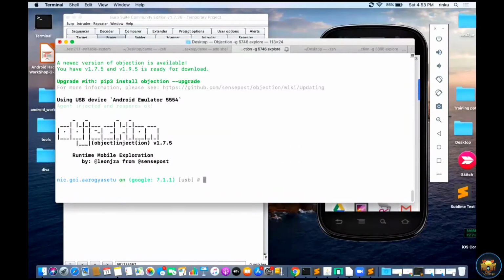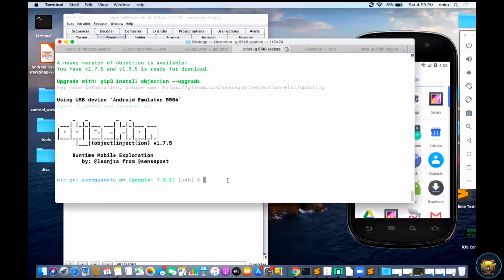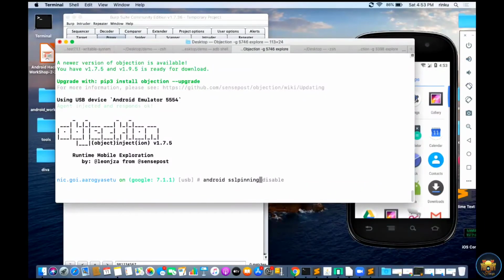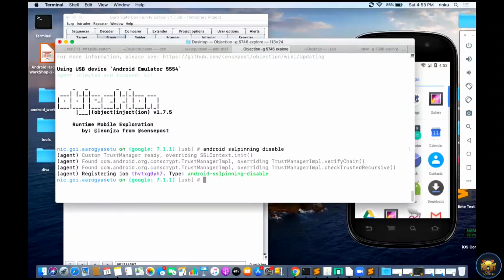Yeah, I am inside. So for bypassing SSL pinning, you just need to type android, and the command will automatically come in: android sslpinning disable. Here you can see it is using TrustManager for implementing the SSL pinning. Verification. Actually, I have gone through